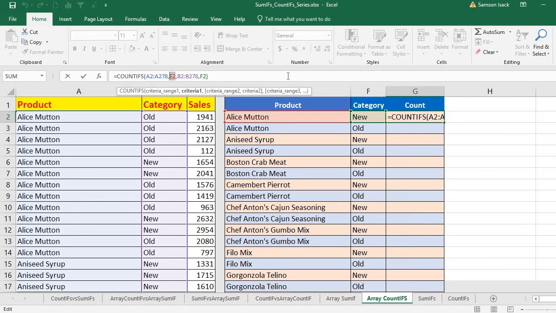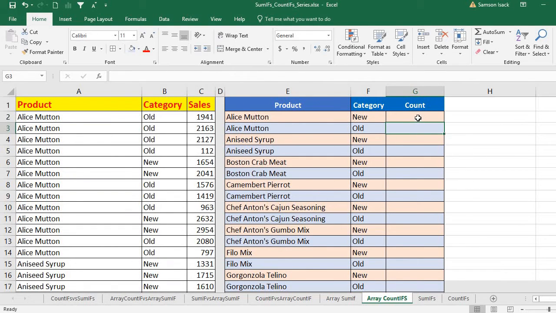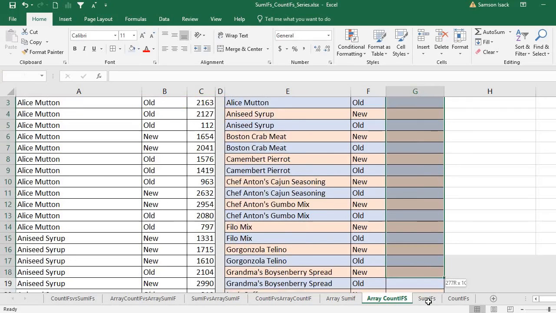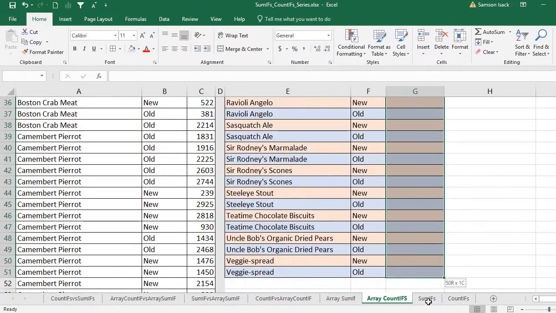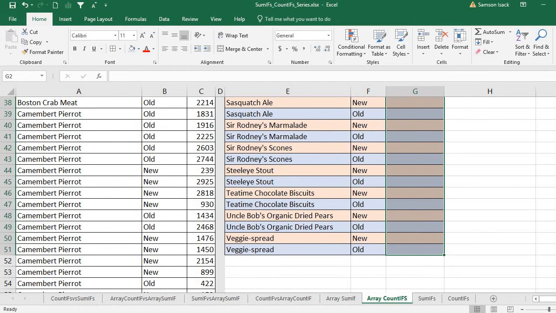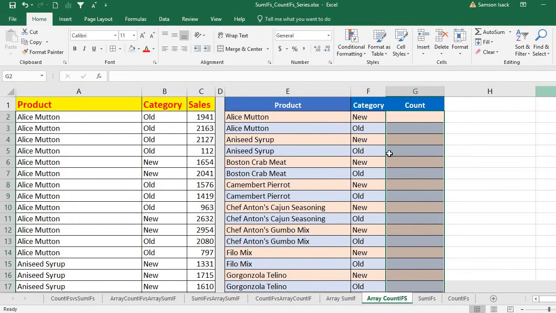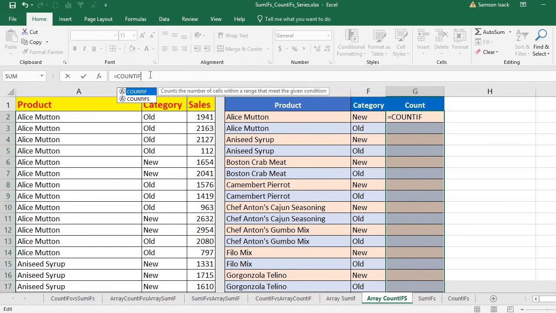Okay, so first you select the results set. So you are going to get a set of results. So I'm going to put it in all the cells. My result is going to come in all the cells. Then what I'm going to do, now I'm going to write in the first active cell of the selected cells, the array COUNTIF function, equal to COUNTIFS,